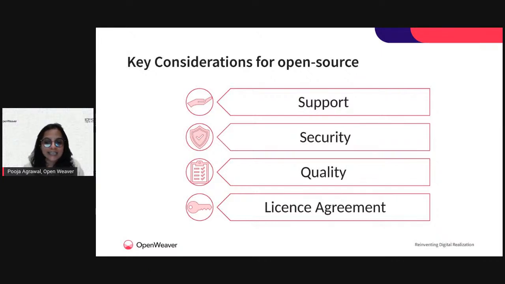So what are our key considerations? These are the key considerations that you need to take care of: support, security, quality, and license. We'll talk about them every now and then. Support is important, because without support you won't be able to go ahead and grow. Security is again important. If there are bugs, there's no point in such a kit. Quality is built on both support and security. License agreement matters because without the owner's permission, where they have declared something as permissive, you can't just do everything, or sell something commercially. So that's essential to look at.